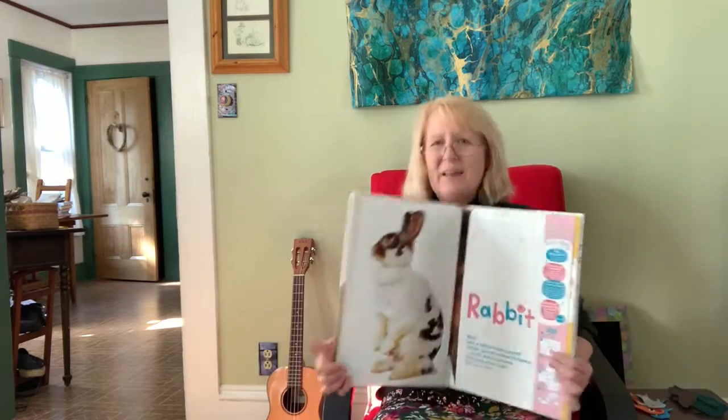So I have a rhyme I like to combine with this, from the book Monkey and Me. But I like to use some real pictures of the real size. So we're going to use our hands. We're going to tap our knees and clap. Monkey and me, monkey and me went out to sea. We're going to put our hands up on our forehead so we can look and see. Monkey and me went out to see some